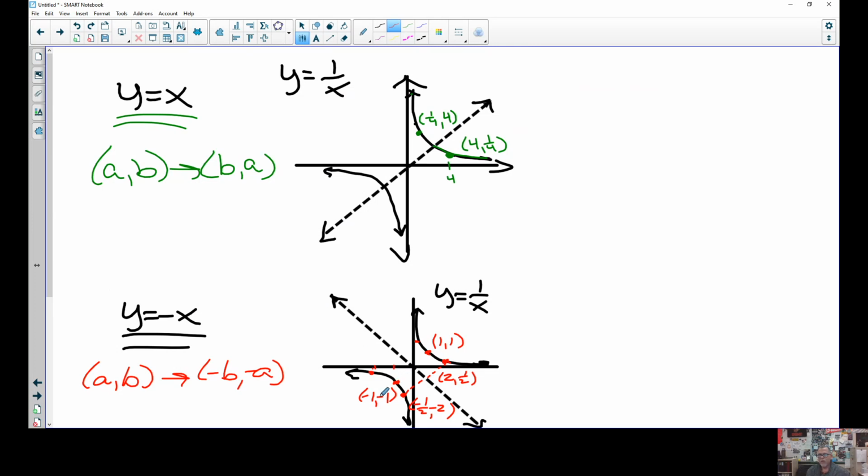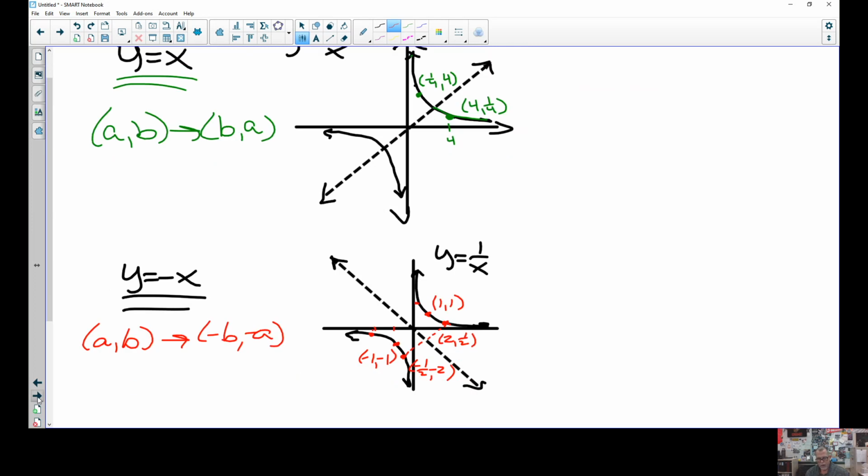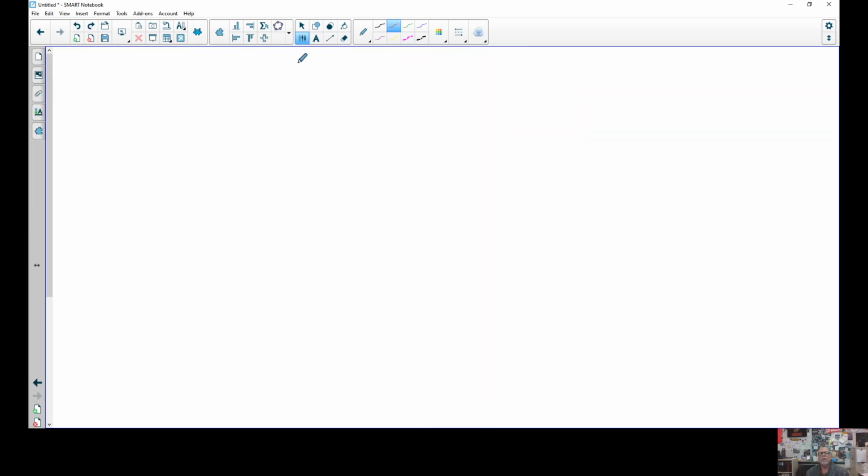So these are our symmetries. This is just the basics. What I want to do is look at some problems. I want you to see how do we use this. And let's look at an example. They're going to ask you to determine if